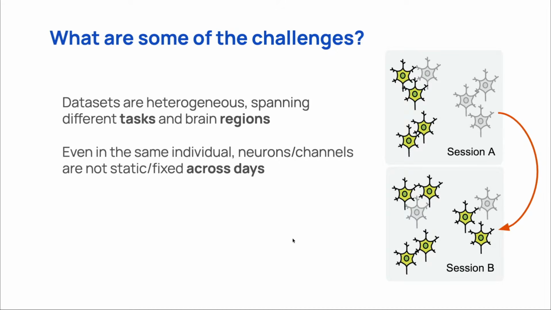Kind of even more of a technical challenge that has to do with these recording technologies is that even when we put a probe into the brain and we keep it in the same place and we come back a few days later and we ask, okay, how has that neural representation changed, due to the way that we process this data and the fact that we have to find the individual neurons from an aggregate recording, what could happen is that we're looking at the same overall neural population, but one day we might be able to see just a subset of neurons, and then on another day we might see a different subset.